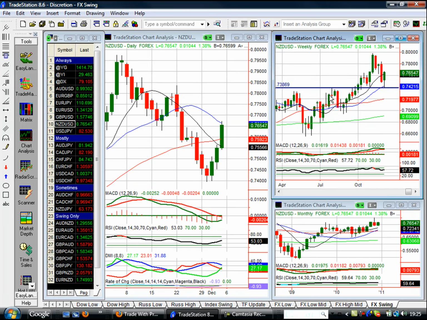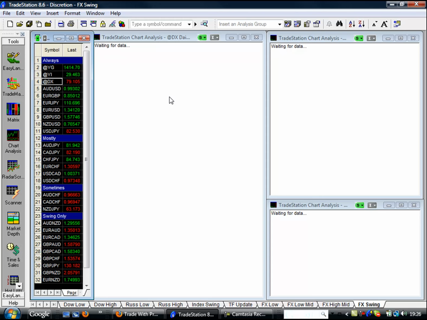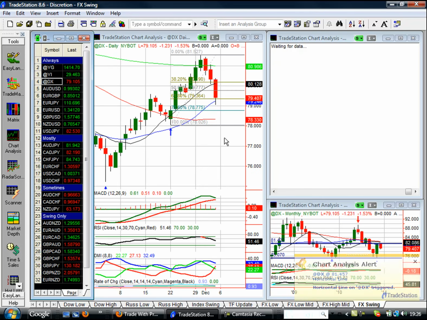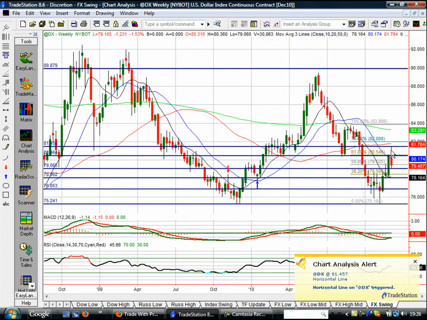So it's showing us that these trends look likely to continue on the Kiwi and the Aussie, and therefore that is dollar weakness. If we see this pattern hold and continue, then that is likely to filter through to the other currencies as well, whereby we're likely to see Euro strength and US dollar weakness, and equally therefore likely to see dollar index weakness. So if anything, I'm still a little bit cautious here. Like I say, I need to see a confirmation from the candles in the early part of this week. I've told you they're exactly what I'm looking for, but I am slanting slightly to the downside, where I'd be looking for the dollar index to be continuing down.